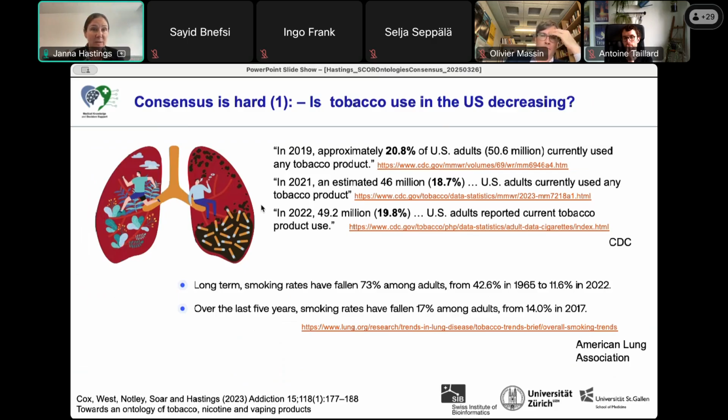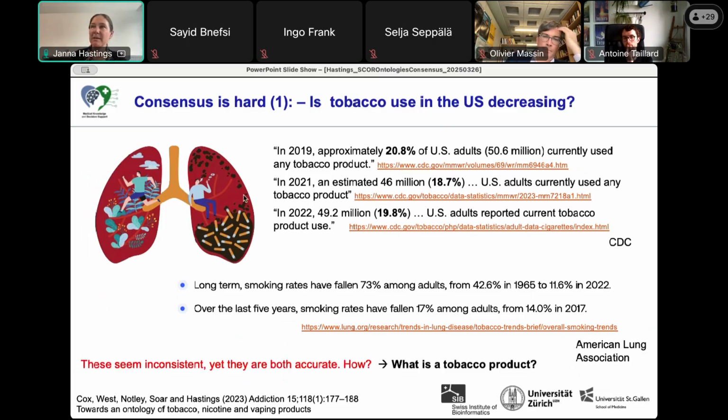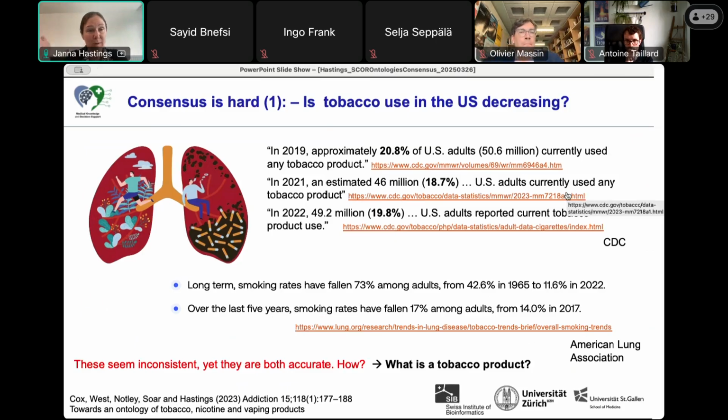And what accounts for this difference? Maybe some of you already guessed just from looking at these descriptions, but the important thing that you need to focus on is what are they actually reporting statistics of? So here, these ones used any tobacco product, and here you have smoking. These are not the same thing. Smoking is defined as combustible cigarette usage or combustible tobacco usage, while used tobacco product is defined in such a way in the US that it incorporates also the use of e-cigarettes